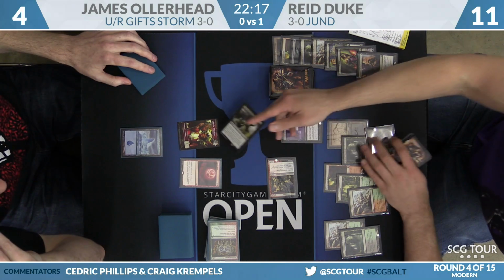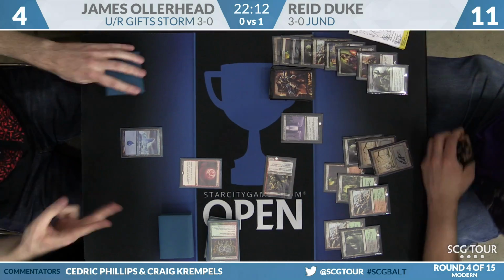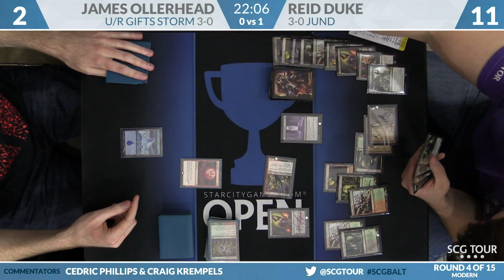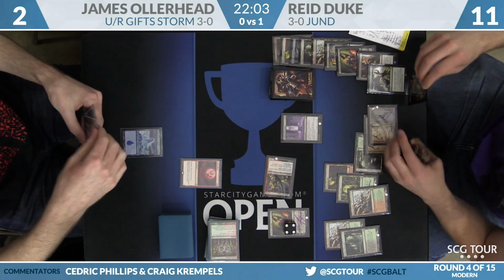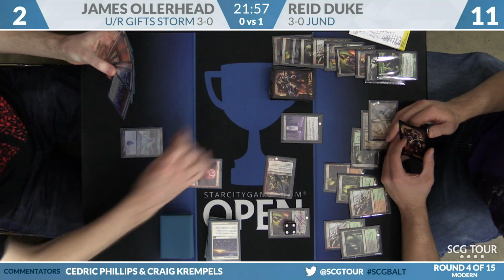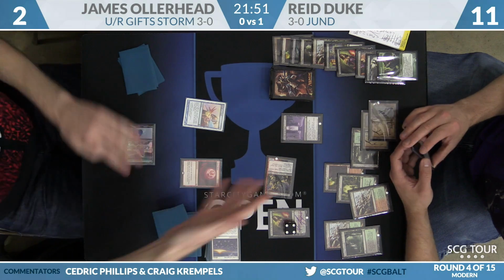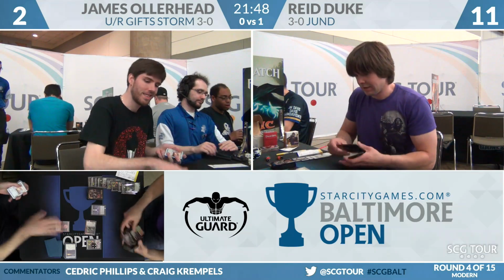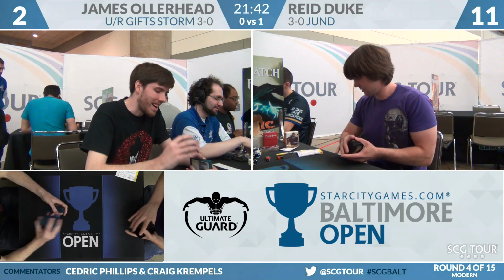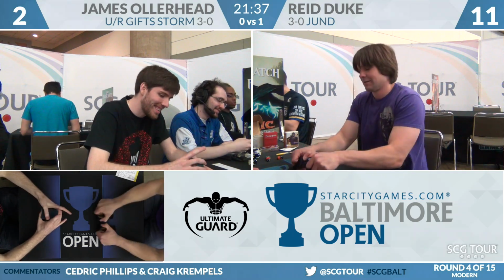I think Reid has a Fatal Push for the token. Yeah, I don't think it mattered if he attacked or not. Gotta draw a red source, James. Oh, Liliana back. That's pretty good. There's cards to discard. Easy discard for James. James wants any land. That's a redraw. He found a Hollow. Ugh. Oh, no. The Hollow enters the battlefield tapped. Couldn't even do it untapped for the Blood Moon for a red source of mana, and that is going to do it. Reid Duke's going to win this match over James Ollerhead. Jun going to take care of Blue-Red Gift Storm, and for the Duke, he is